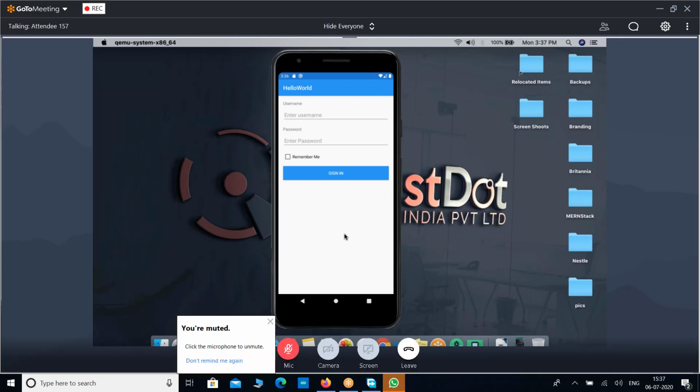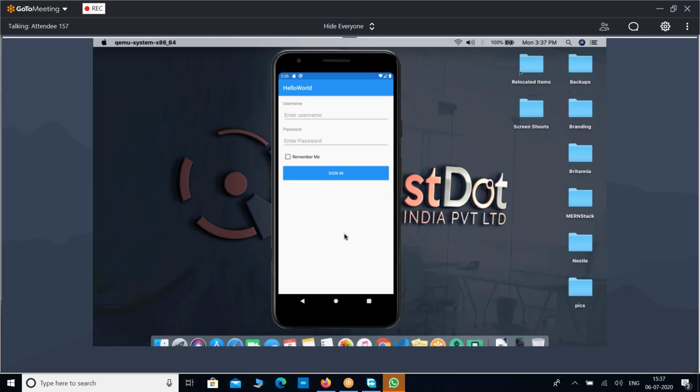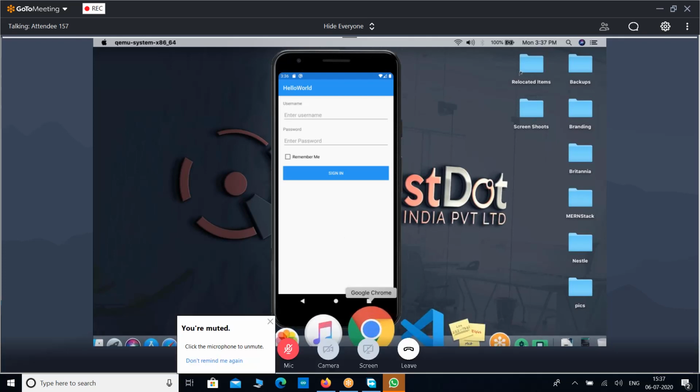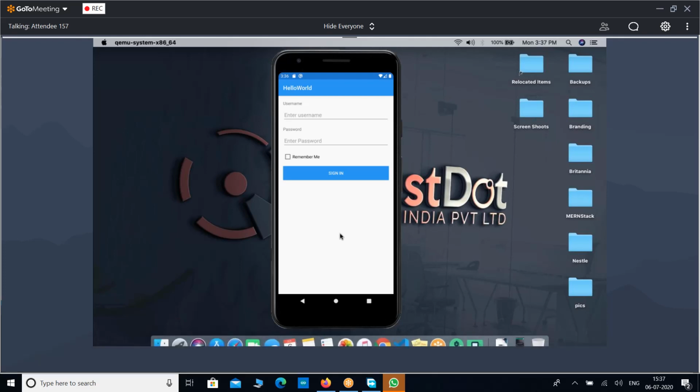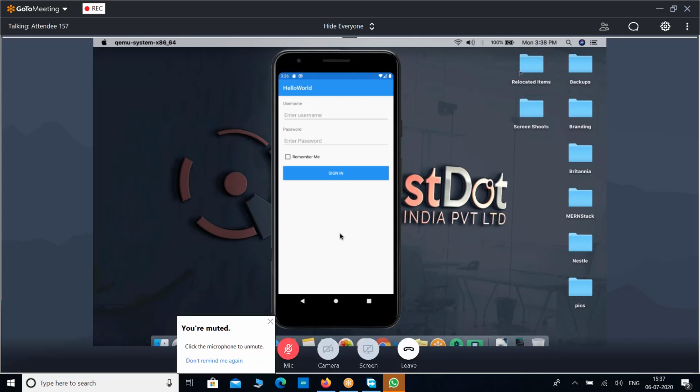Okay, this is how your lifecycle methods will work, and based upon your resource usage and resource availability, you have to manage all those resources by using these lifecycle methods. Suppose you open a database connection, you have to close the database connection before you move from your application to another application, or before you move from this activity to another activity. Otherwise there will be a blocker that will entirely crash the database. So like this we deal with resources in our lifecycle methods.